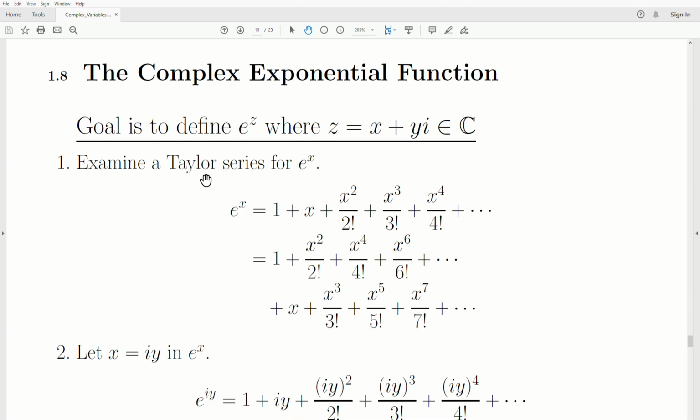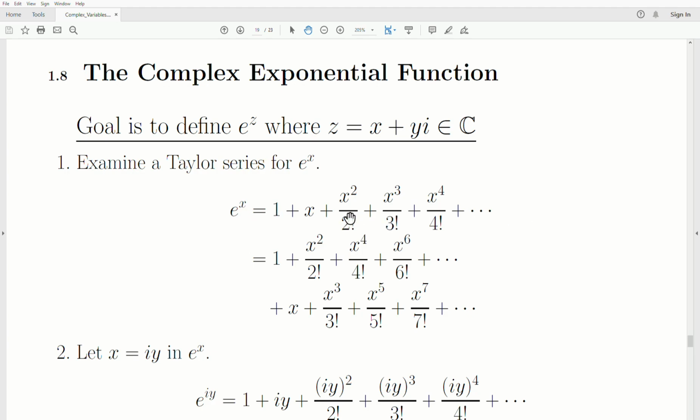So first, let's examine a Taylor series for e to the x. You always ask how far back do you go in theory and development? And at some point you have to cut it off for the length of the video. And so we're going to assume you're familiar with Taylor series. And so a Taylor series of e to the x expanded about zero, or more specifically a Maclaurin series, can